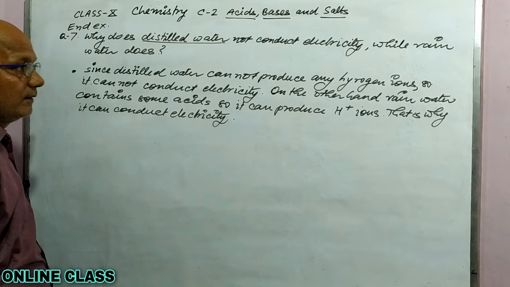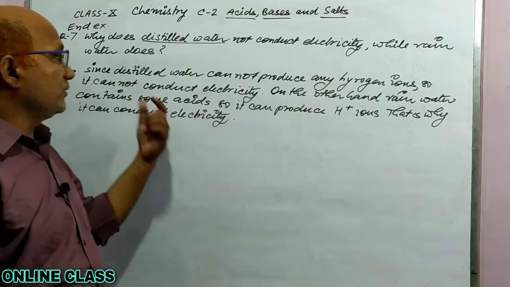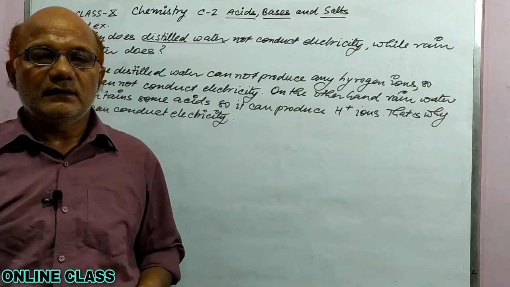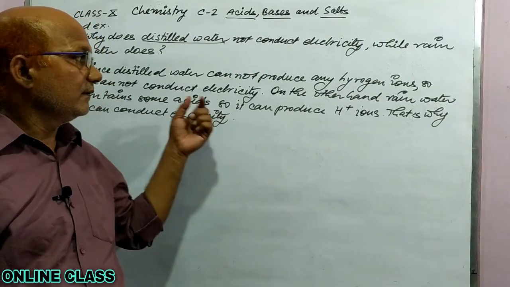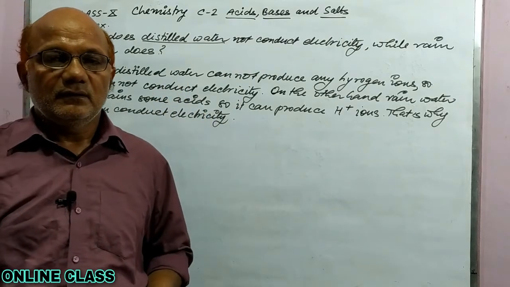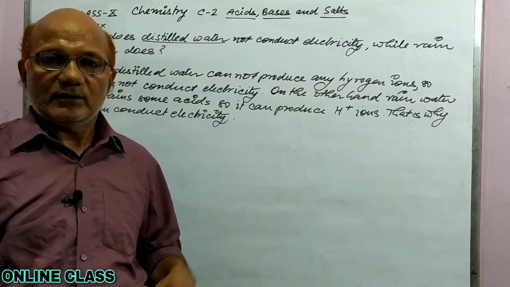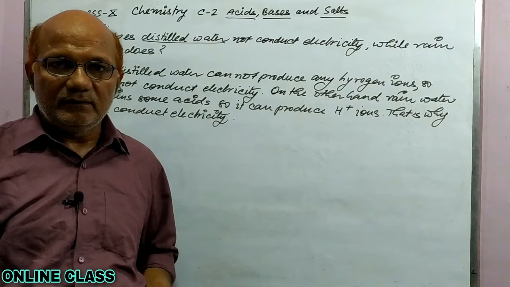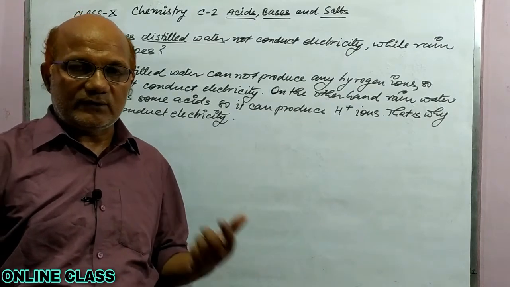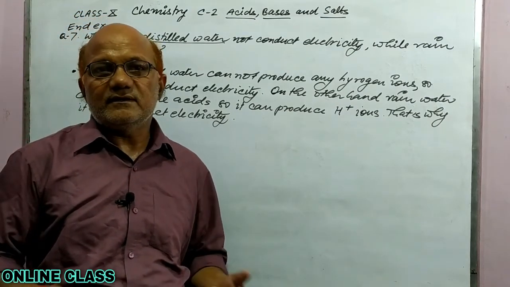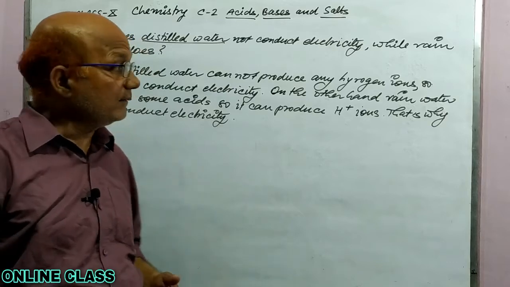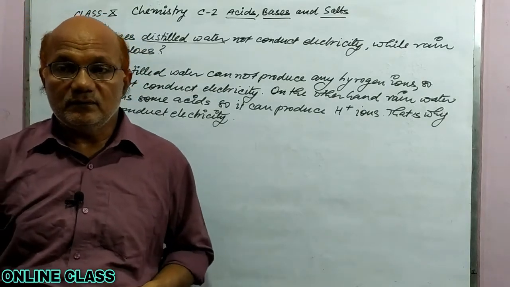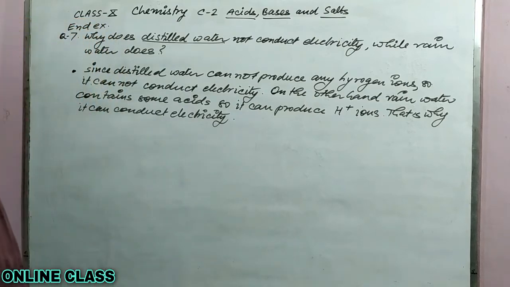Okay. So, because distilled water does not contain any hydrogen ion or any type of ion, that is why distilled water does not conduct electricity. On the other hand, rainwater contains some acid, and so it produces hydrogen ions, and due to presence of these ions it can conduct electricity. Okay. And now, the next question is,